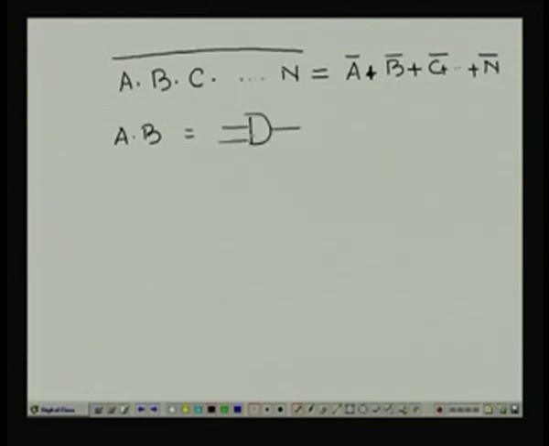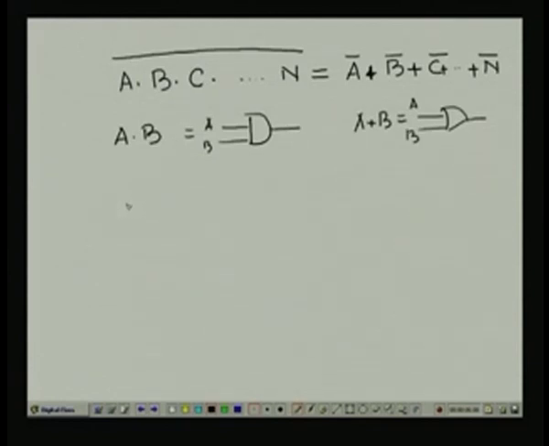This is a 2 input AND gate with inputs a, b, and this plus means a plus b, this is a 2 input OR gate. So, now if we extend the operator for n such variables and we write this thing, then